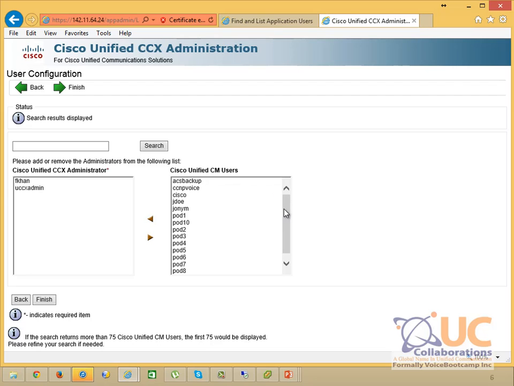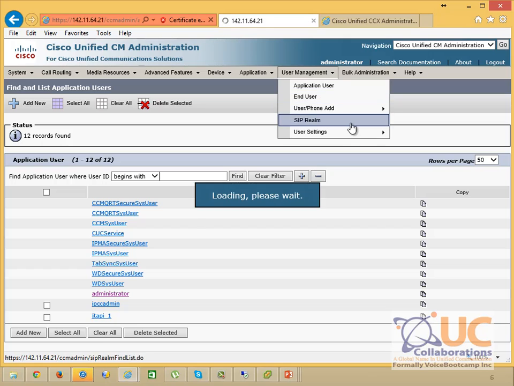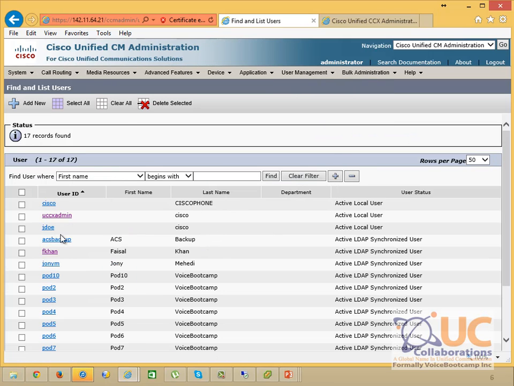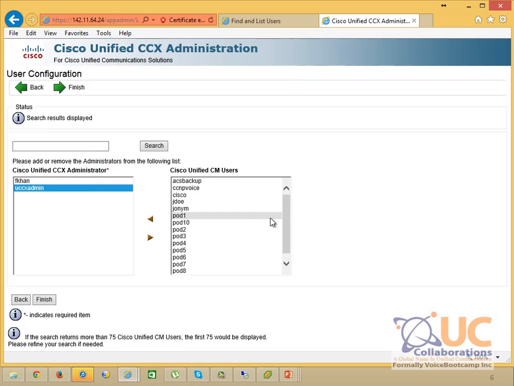So this is where you define the username as an admin account. You notice how the UCCX admin is already selected. You can also go back and click on End User. You should see that there are other user accounts that we have. So let's select a few other accounts that we might use as an admin account. Right now FCON and UCCX are selected. So we're going to select, let's say, pod 1, and then click OK. So far these three are the admin accounts, administrators of the